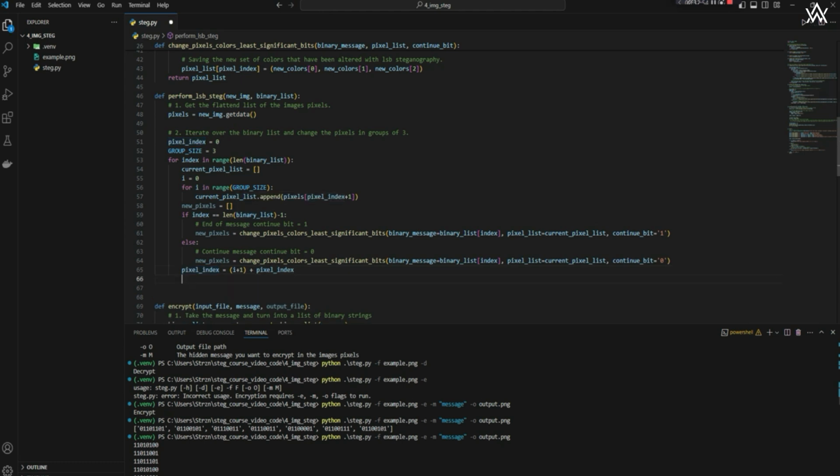So next we just simply yield the new pixels. There we go. And so this is where we actually do our yielding. So we're iterating over the index for our binary list. We create a current pixel list, and then we append the current pixels into that pixel list. We create a new pixels list, and we say if index is equal to the length of the binary list at -1, meaning we're at the end of the message, then we will change our continue bit to 1, and